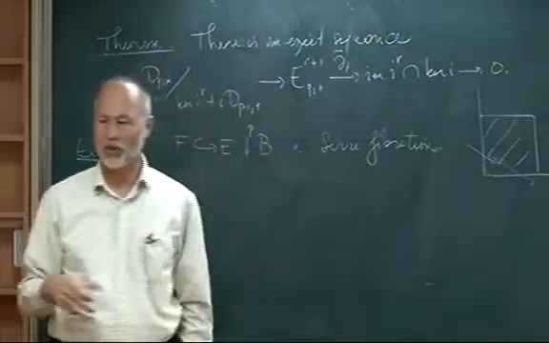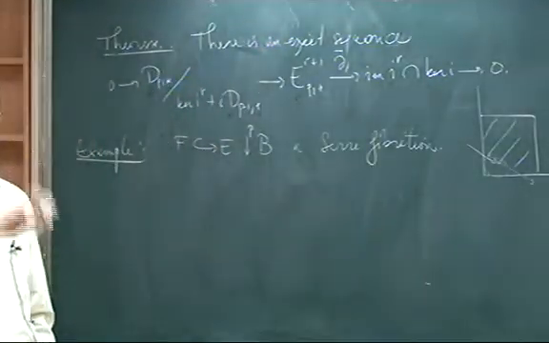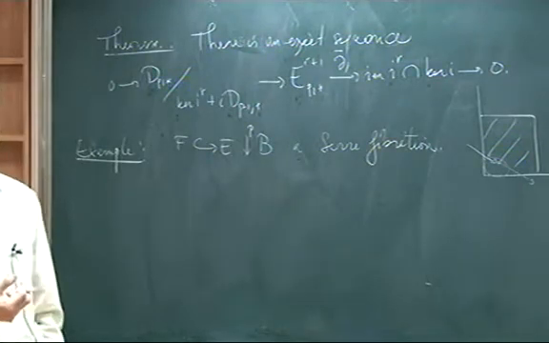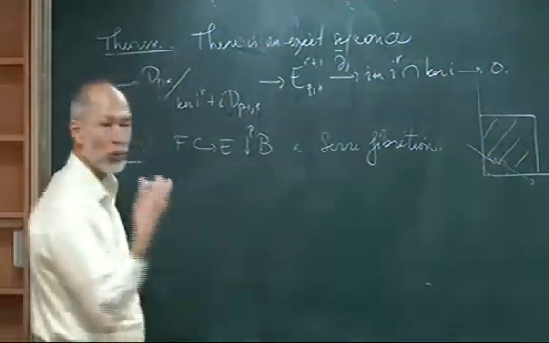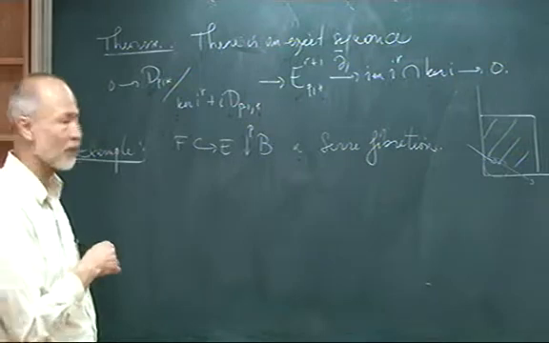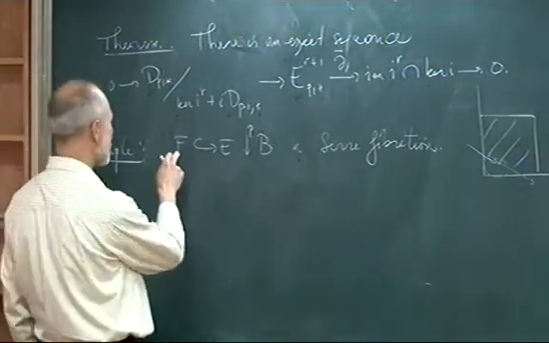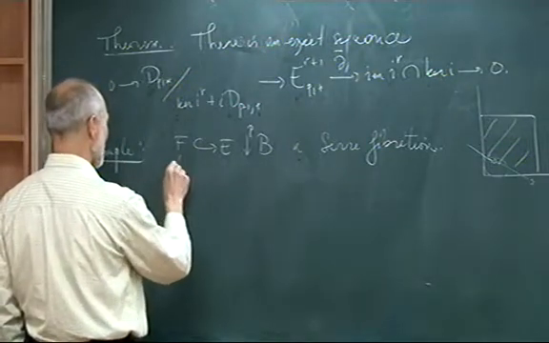By a Serre fibration, I mean that this has the homotopy lifting property for simplices. So, you know, a very weak notion of fibration, and the inverse image of the point of a base point is